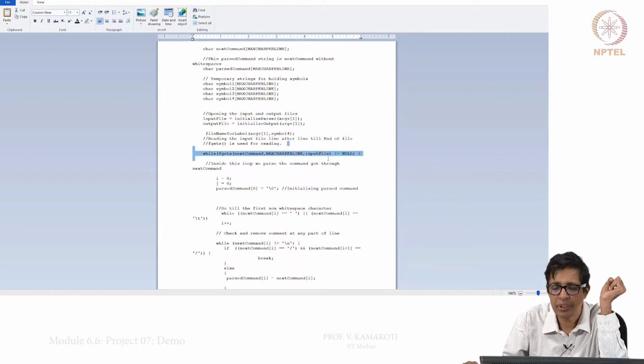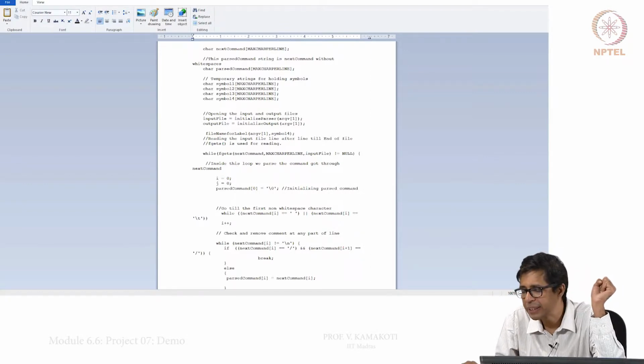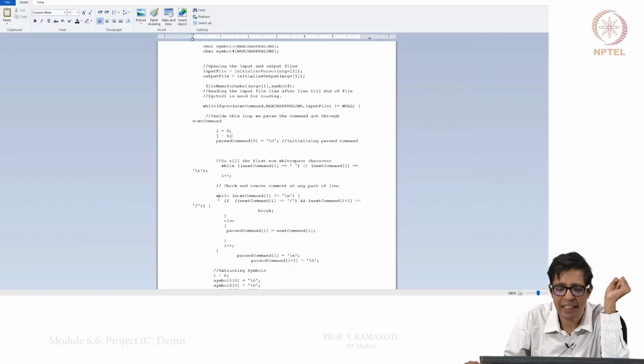This is the main routine, while fgets. I read line by line and initialize my variables. First I do one scan till I reach my first character.